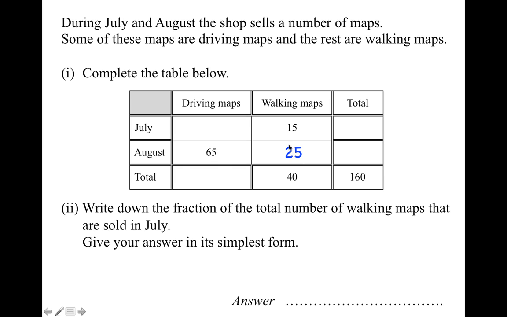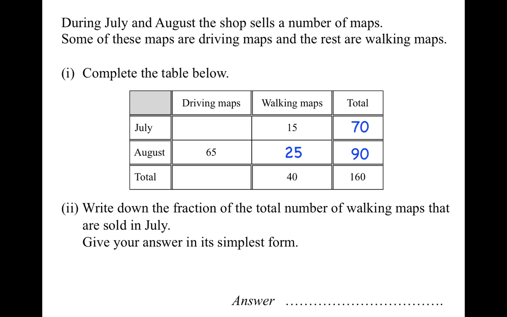Now we can work out the total number of maps in August because there were 65 driving maps and 25 walking maps, so that must make 90 maps in total. Well, having worked that out, we can work out the total number of maps in July because there were 90 maps sold in August, a total of 160 maps sold over the whole period, so it must be 70 sold in